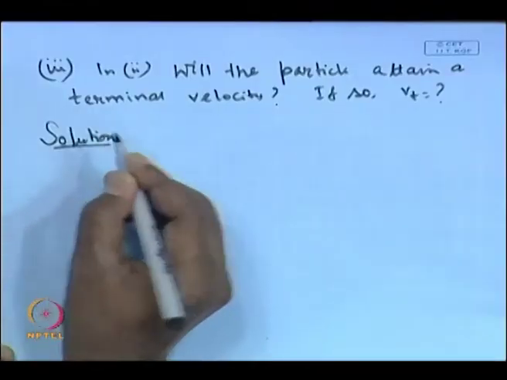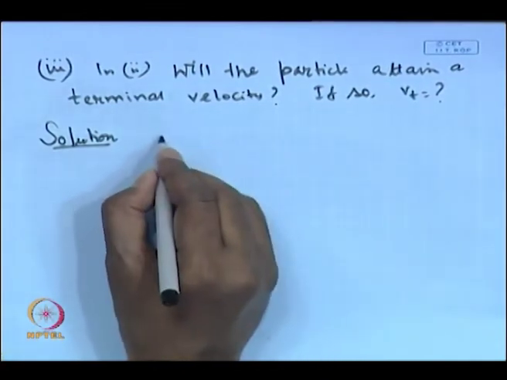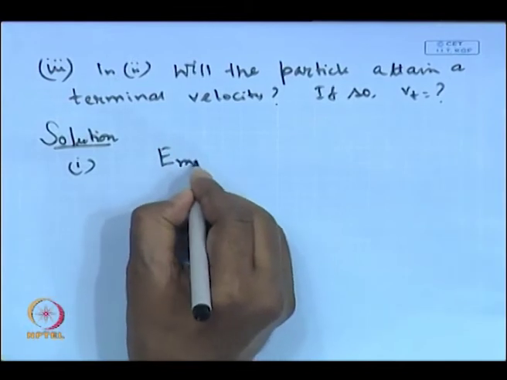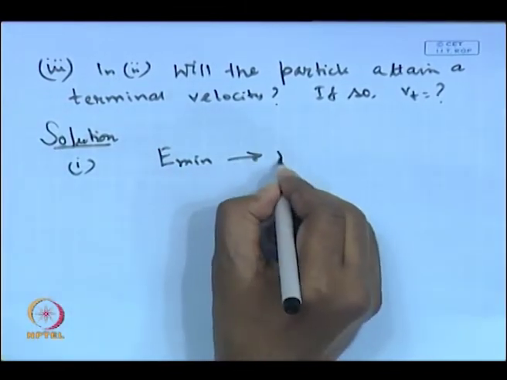If you know the functional variation, you can find the time taken to reach the top surface, and ultimately it will reach a terminal velocity, and if so, what is the expression of terminal velocity. So, let us look into the solution. Let us say the minimum value of field strength is E min, the minimum value